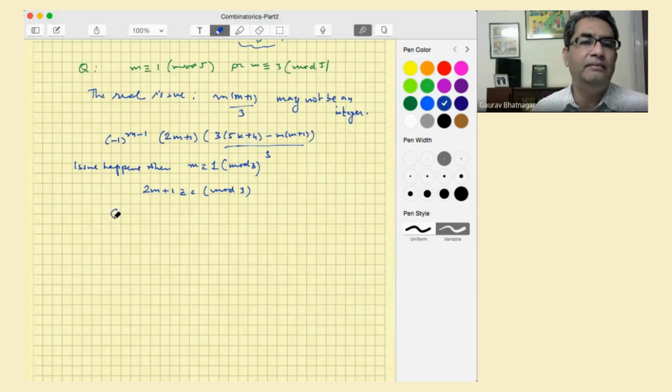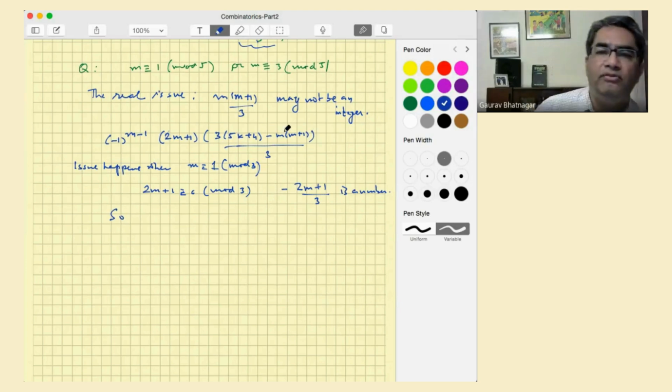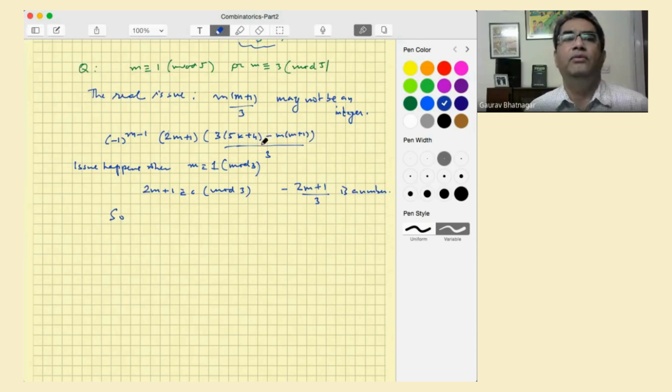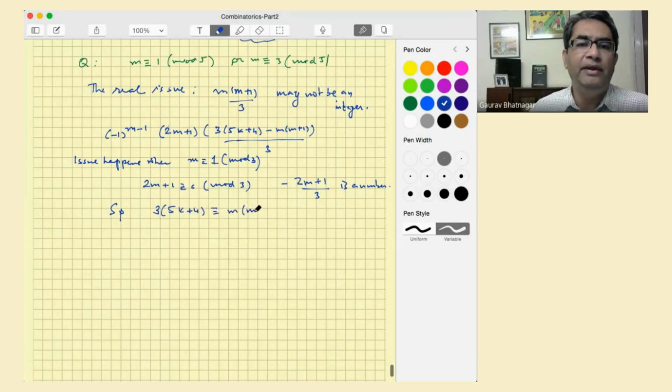So when this 2m plus 1 over 3 is a number, then we can take m congruent to whatever, 1 mod 5 over here, and see. But anyway, there is another issue. Suppose 3 times 5k plus 4 is congruent to m into m plus 1 mod 5,